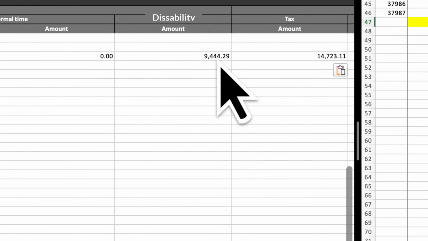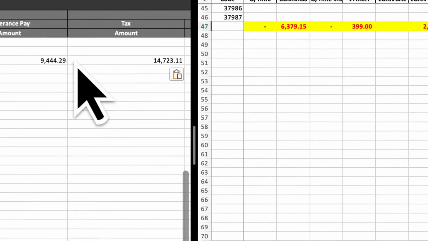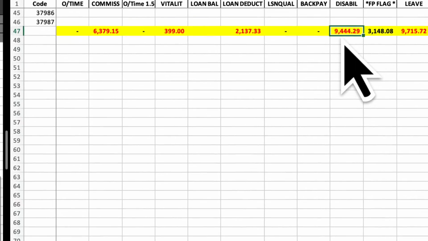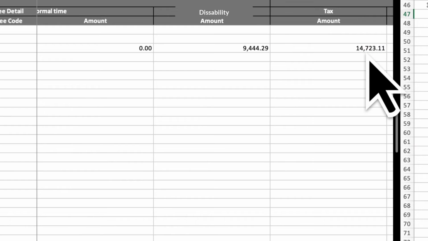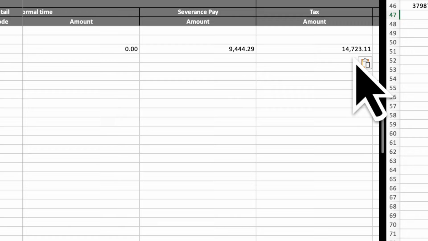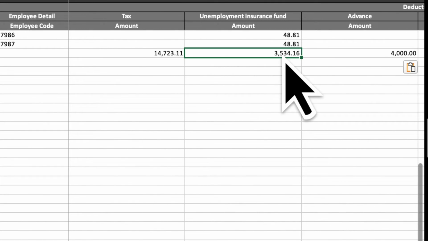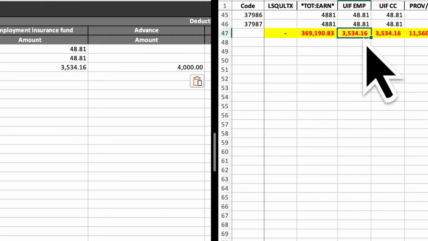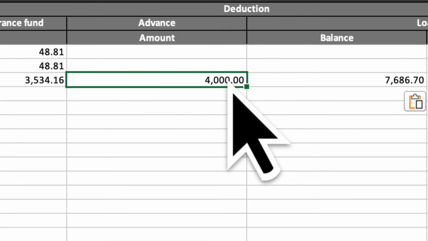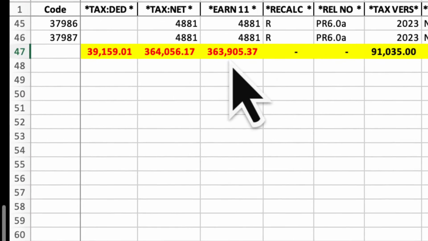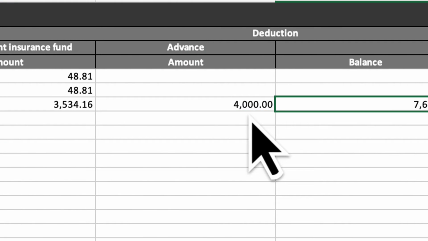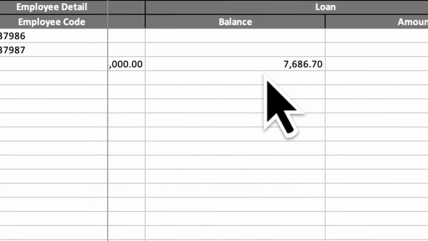Disability 9444.29. Tick. Tax 14723.11. Check. UIF 3554.16. Tick. Advanced deductions both 4,000 Rand. Tick. Loan balance